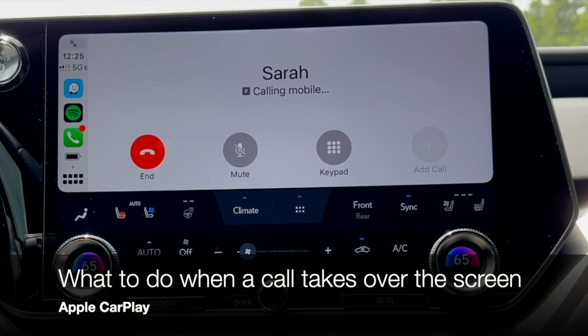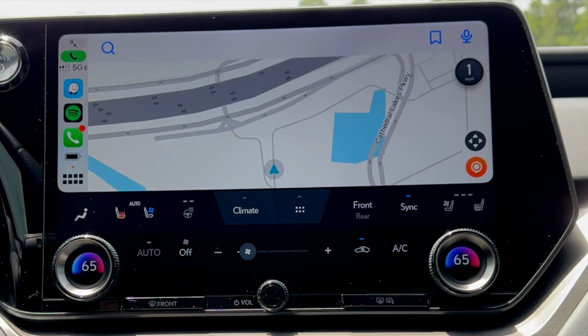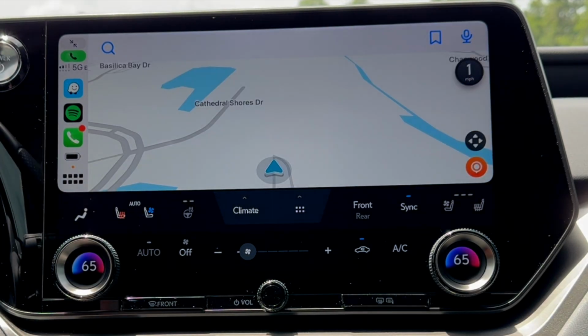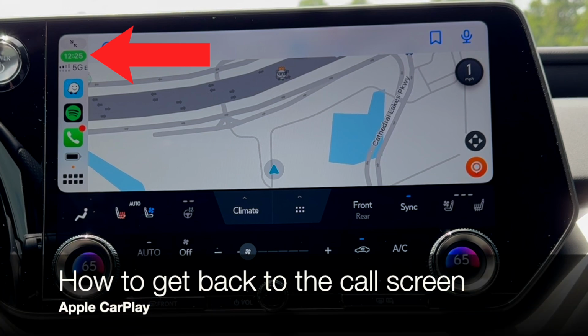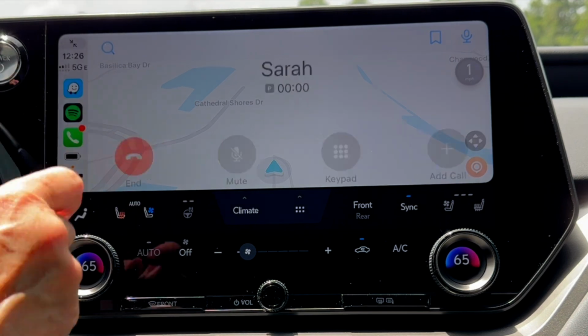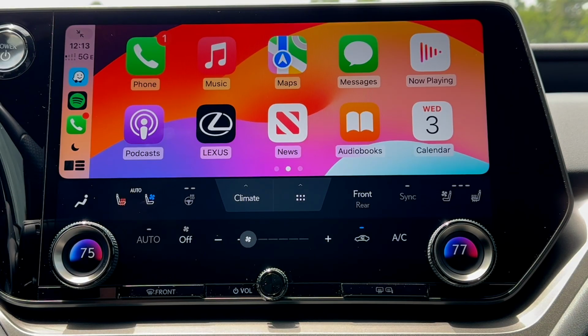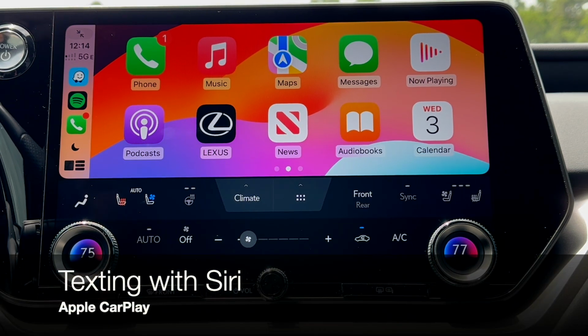When a phone call takes over the screen, you can just select another item that you'd like to show. You can always come back to the call by clicking on the clock. You'll notice that it's changed colors, and when you're actively in a call, it will be highlighted in green. So no matter how you wake your assistant, whether it's with a wake phrase, the soft button on the screen, or the voice command button on the steering wheel, you'll be able to make phone calls, send text messages,